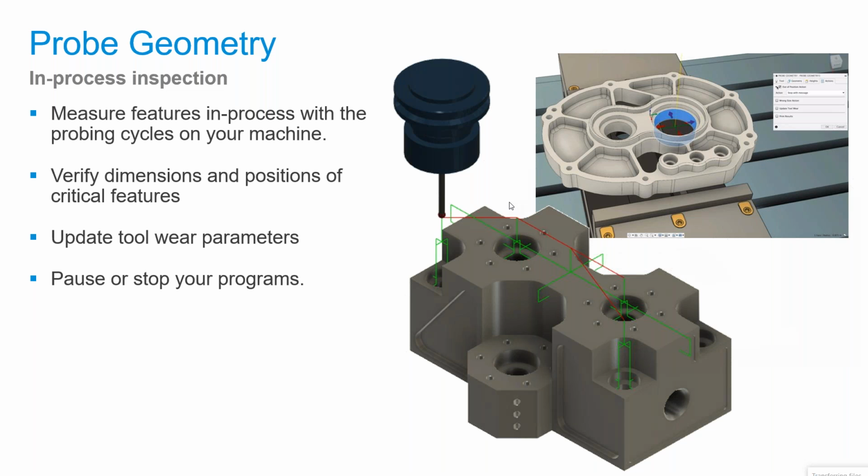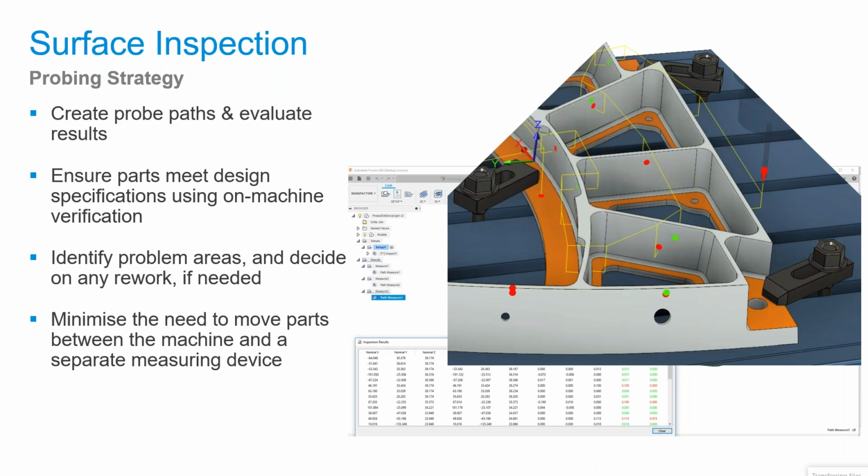Sanjeev? Yeah. So this is what I told you about, probing and surface inspection. It's not only 2D geometry that you can inspect, you can also inspect multiple surfaces. So even the surface quality or the surface inspection can be done using our Fusion extension solutions. We have a dedicated application for doing these things, and it gives you a clear-cut report as per the machined data. Yeah, next slide, Sanjay.